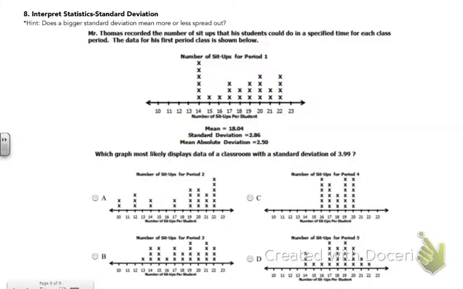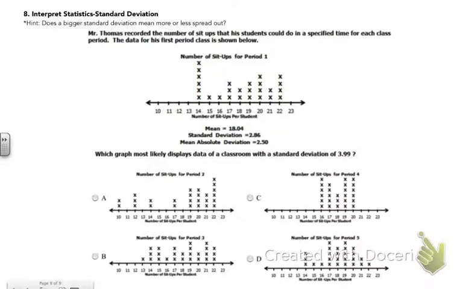Okay, interpret statistics. So Mr. Thomas recorded the number of sit-ups that his students could do in a specified time for each class period. The data for his first period class is shown below. It has a mean of 18.04, a standard deviation of 2.86, and a mean absolute deviation of 2.5. Technically what they might have wanted you to do was to type in all of these values and find the standard deviation for each of these A, B, C, and D